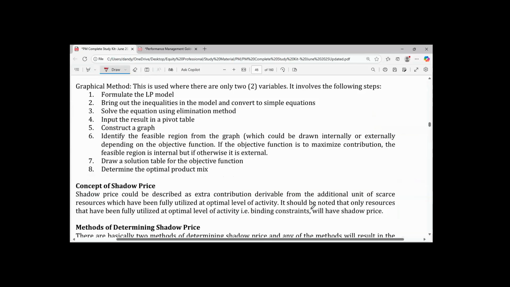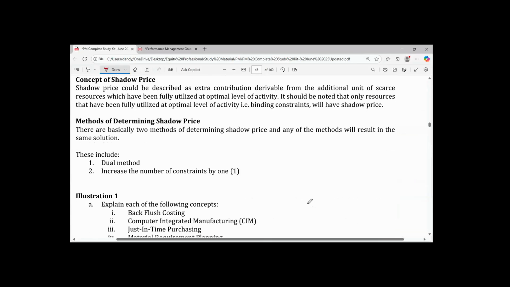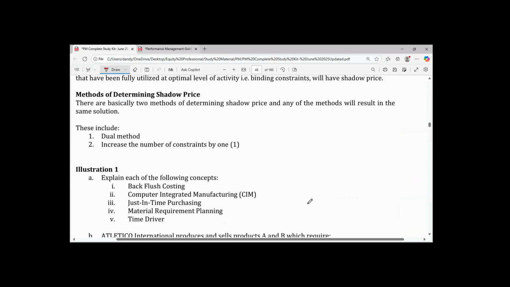Now, the first method of determining shadow price is the dual method. I will advise at all times, whenever you want to calculate shadow price, always use the dual method. Why? Because one, it is faster. Then two, it's more straightforward relative to increase the number of constraints by one. So when you want to calculate shadow price using dual method,